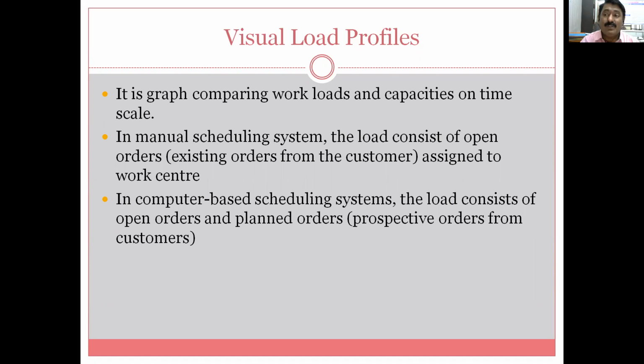This is also undertaken, and friends, it is a computer based scheduling system. These visual load profiles will indicate these orders also. So the manual scheduling system has some limitations as compared to this computer based system. And with a visual load profile, by having a look, you will come to know all these things. A Gantt chart relates to only one work center or a limited scope, while the visual load profiles have a vast scope. It is the more and more advanced version and has more things involved. So this is about the visual load profiles.